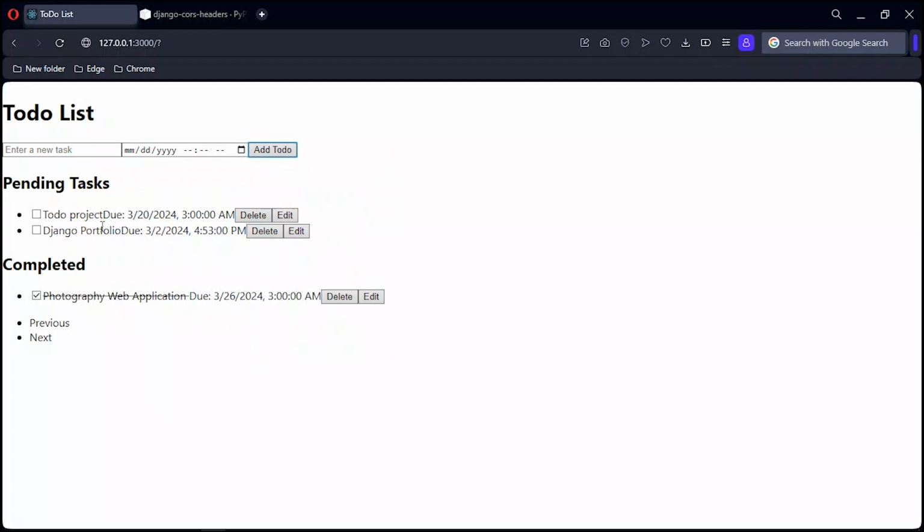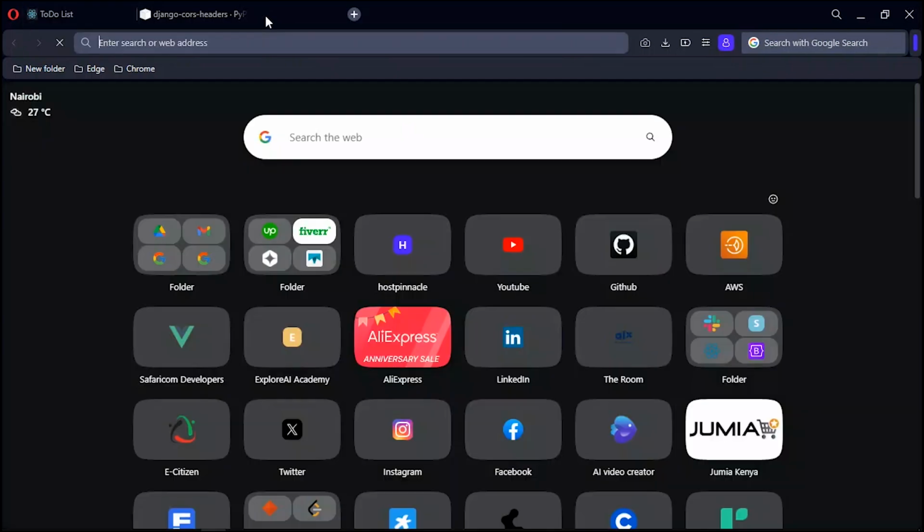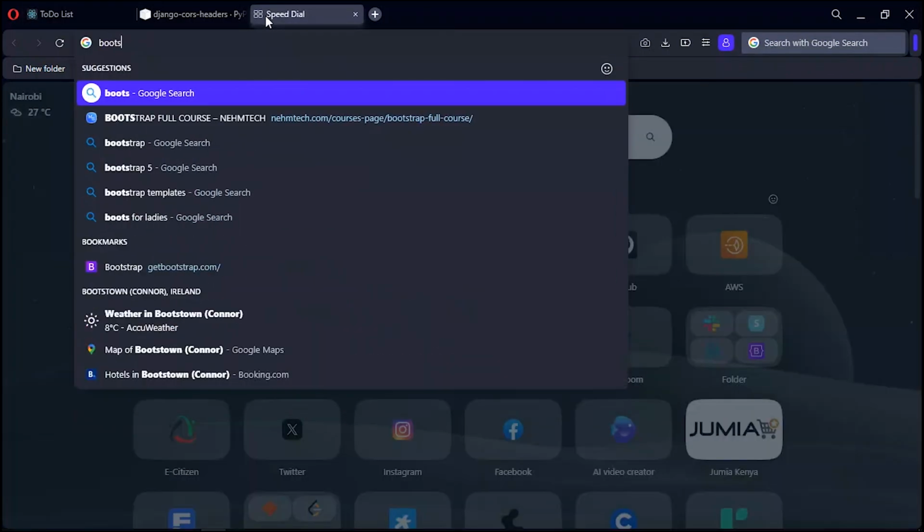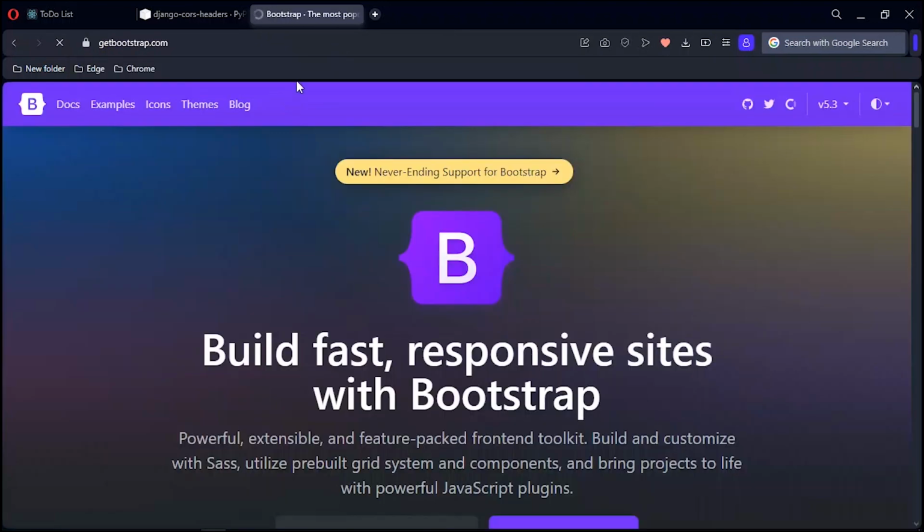Yeah, Django portfolio, it's now working. So everything is now fine. Let me now work on the styling and everything for it to be appealing, and I'll use just Bootstrap for the headers. So let me just use a Bootstrap, and then